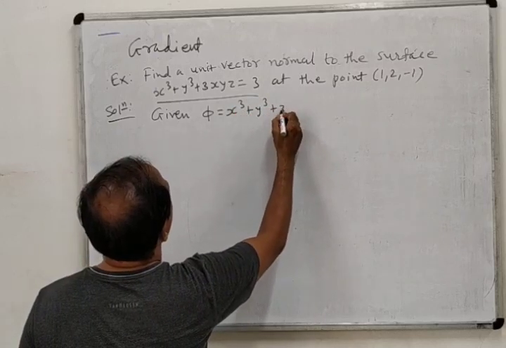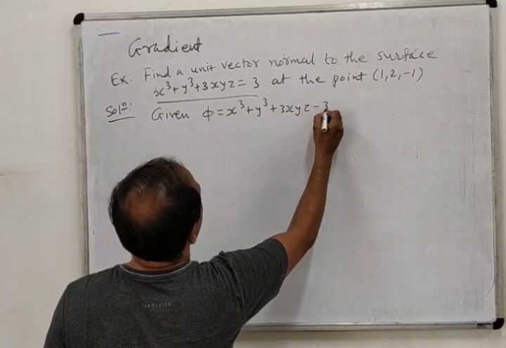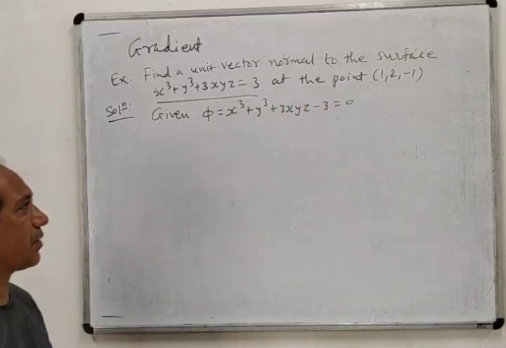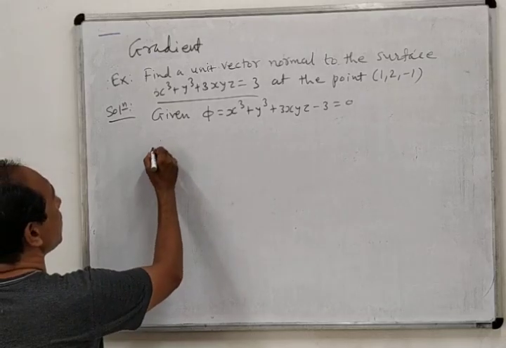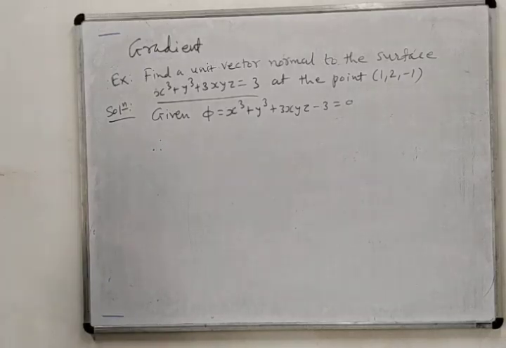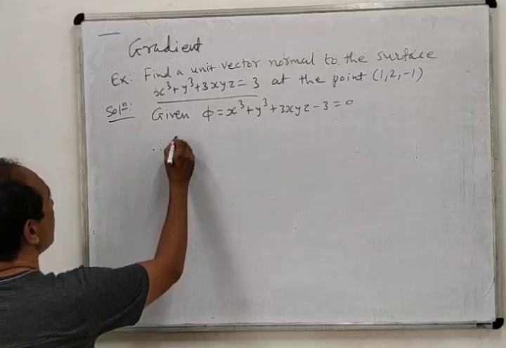Y cube plus 3xyz minus 3 equal to 0. The 3 we can take on the left hand side. Okay, then our target is what? We want to find out the unit normal vector. That means to find